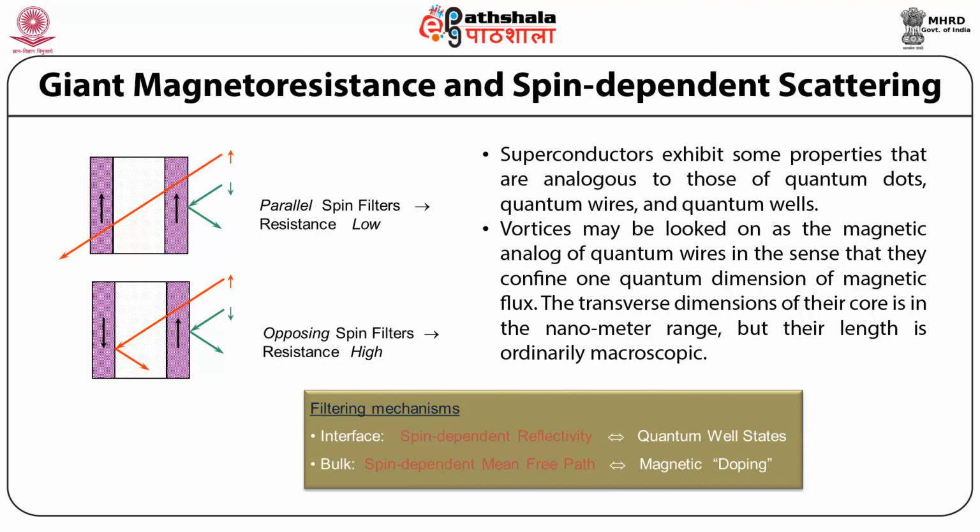GMR multilayer structures are also used in magnetoresistive random access memory, which is MRAM, as cells that store one bit